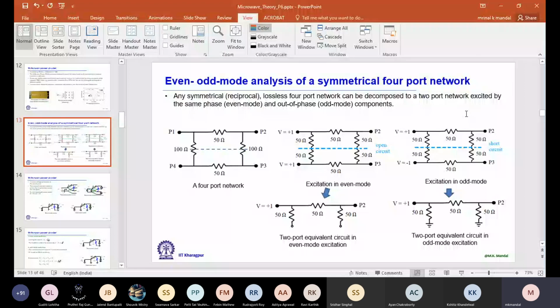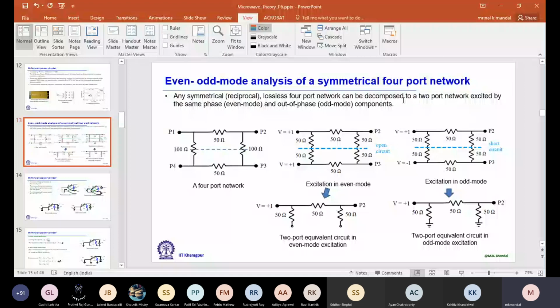So here I am showing one resistive 4-port network. In this particular example, we have 2 different planes of symmetry. One goes through the mid plane of the 100 ohm, another through the mid plane of the 50 ohm branch. So we have X symmetry and Y symmetry, but practically you need at least one plane of symmetry. Now along that plane, we can divide it, simply cut it. Now, how do we do that?